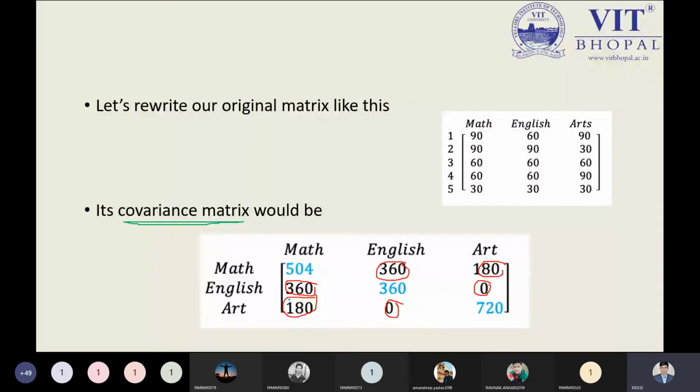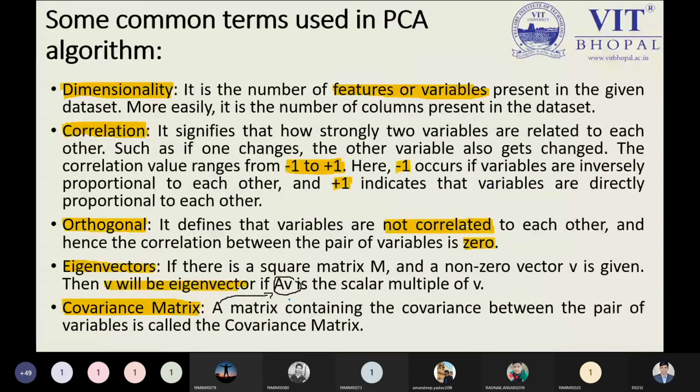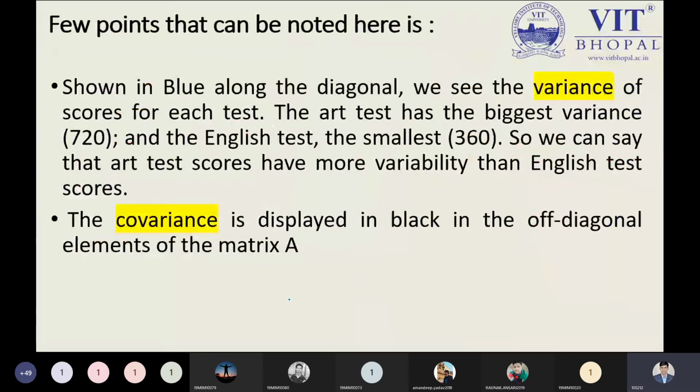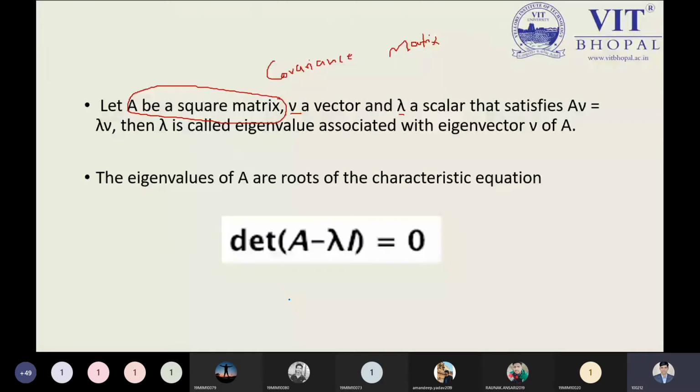Please keep in mind what we are discussing. We have already discussed it everywhere. See, what is meant by the eigenvector: for a square matrix M, the non-zero vector V. We are following the same steps, and we are not going to any other part right now. After this point, what do we need to do? We need to determine how to calculate the eigenvalues, and then we will see the eigenvectors. I am saying once again that A times V equals lambda times V, and lambda is called our eigenvalue associated to the eigenvector V of matrix A.